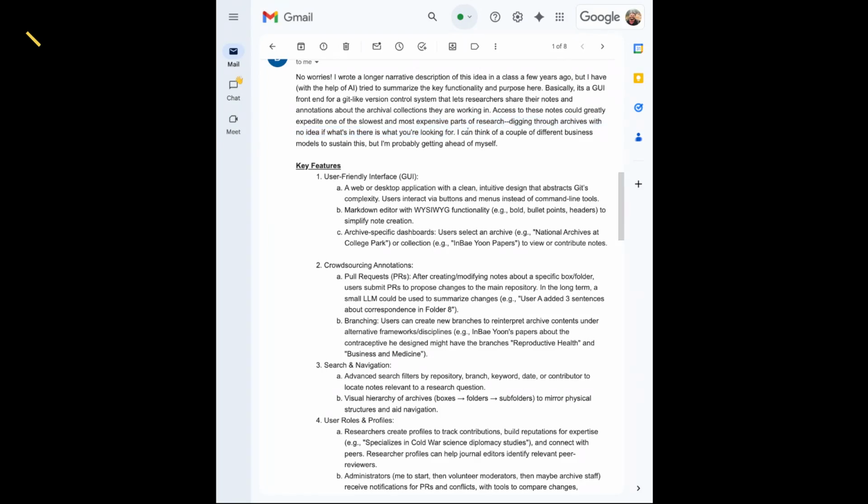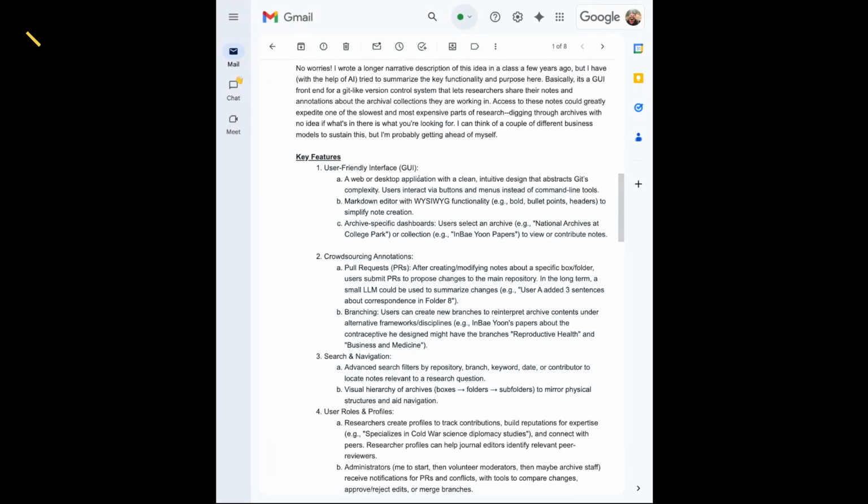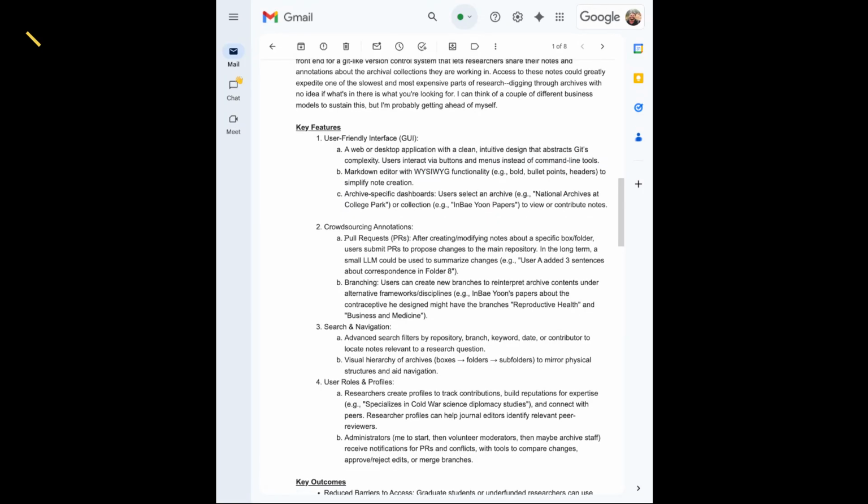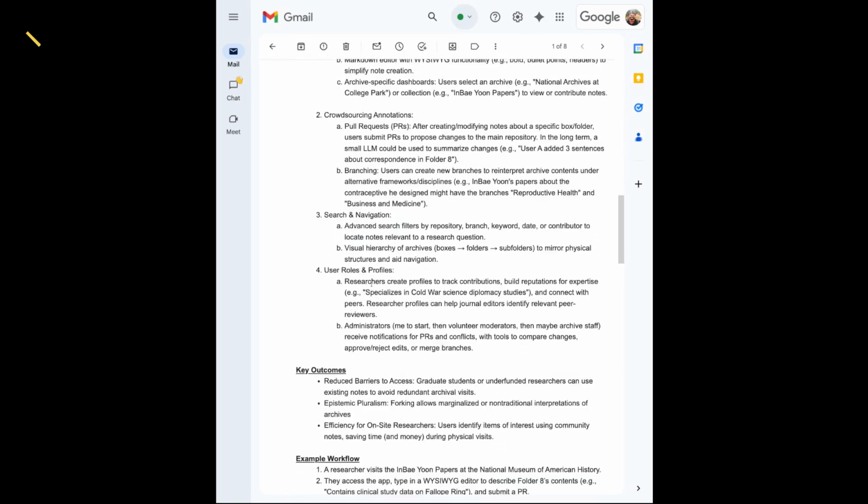All of this is super helpful context for these agentic coding assistants because they reason over these challenges. They might even take liberties expanding on them, adding nuance. And with the key features that you wrote up, you describe the GUI or the interface that you want to see really well. Brought in another key feature of crowdsourcing and search, etc.